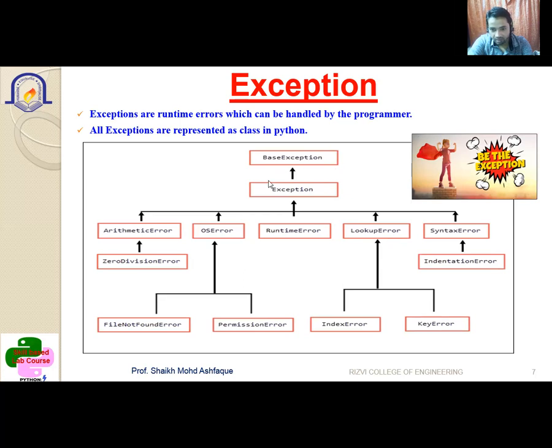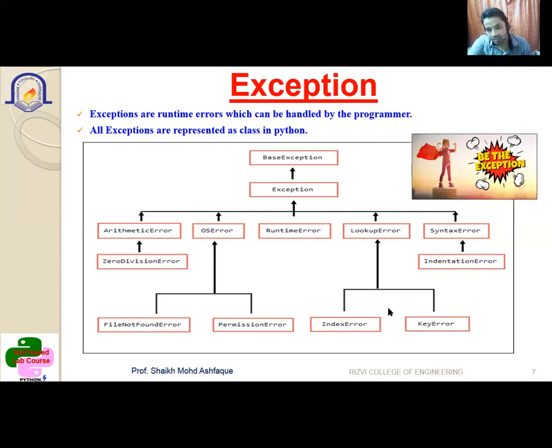So there is a base exception. It has the exception class, where you have the arithmetic error class, OS error, runtime error, lookup error, syntax error, and indentation error if you're missing the indentation. Zero division error occurs if you're dividing the data by zero. File not found error occurs if the file is stored at another reference point. Then permission error, where a certain file requires a certain permission, and then index error and key error.